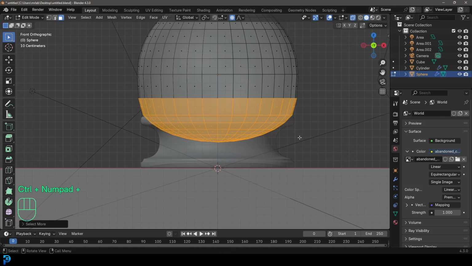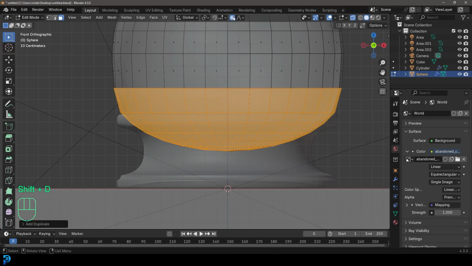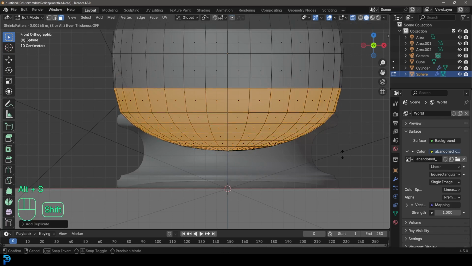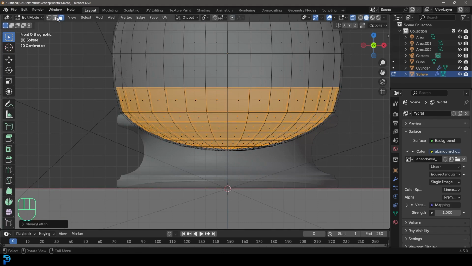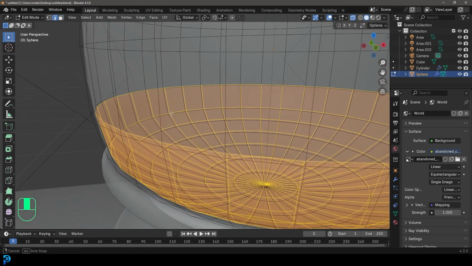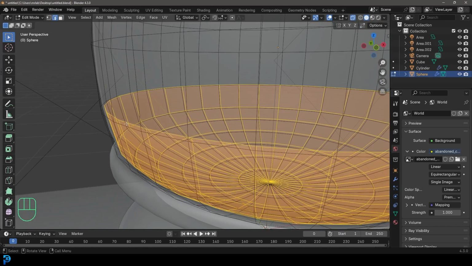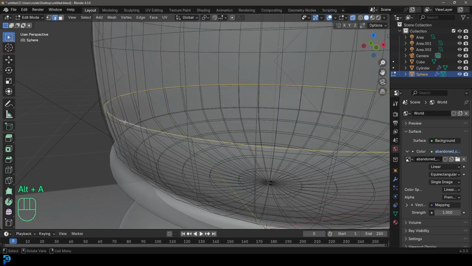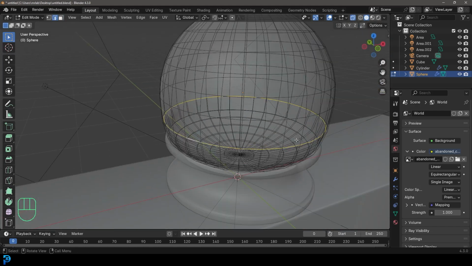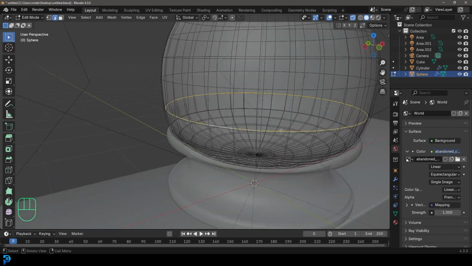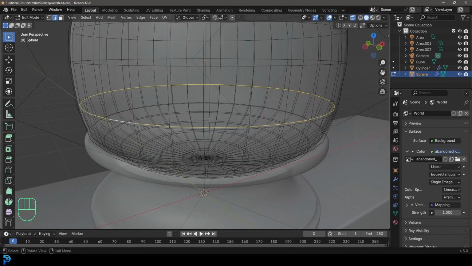I'm going to go Shift D to duplicate, right click to let go. And then I'll turn off proportional editing. I'll go Alt S and kind of scale it in a little bit, like so. And then I'm going to go to my face select option or edge select, and I'll go Shift Alt and left click just to select the top part of this inward section, the edges running for this new